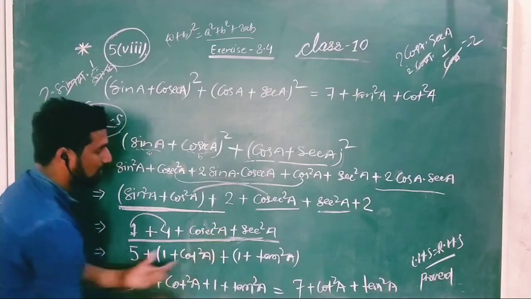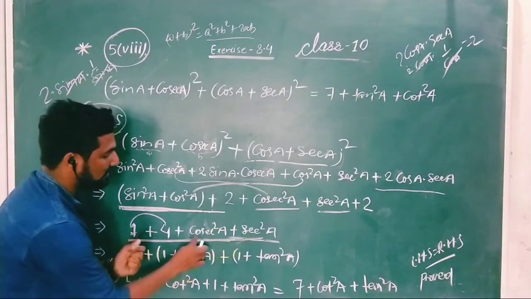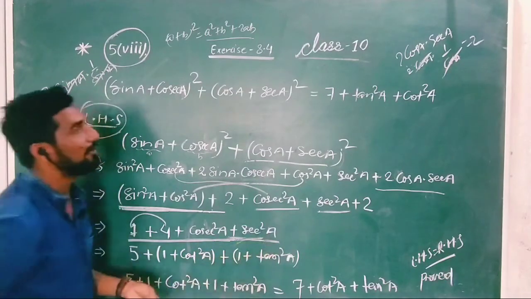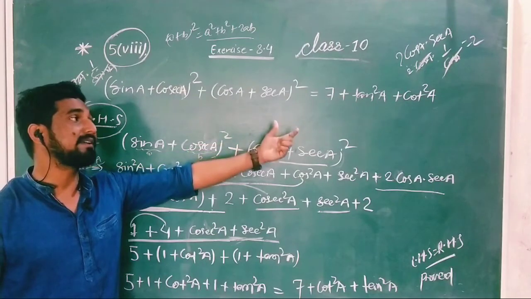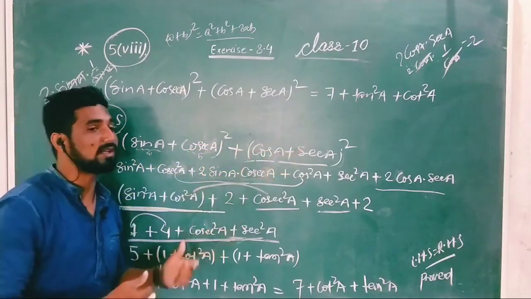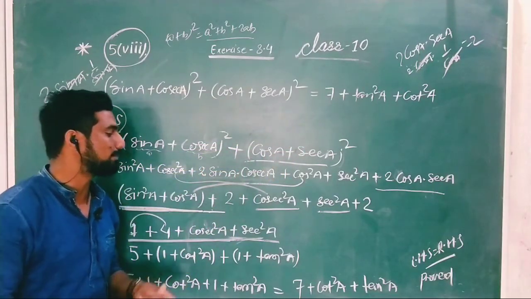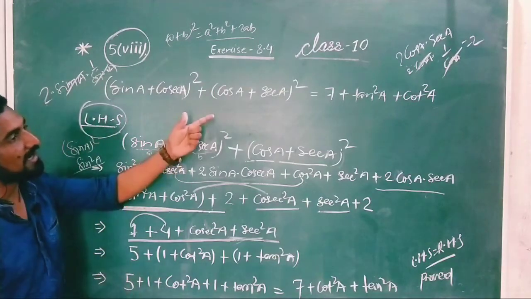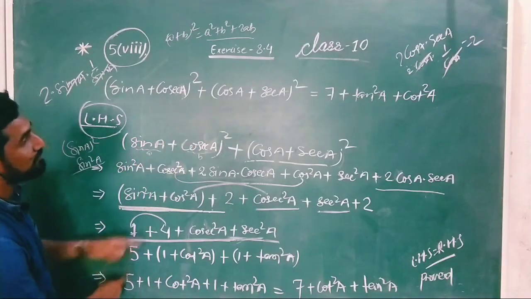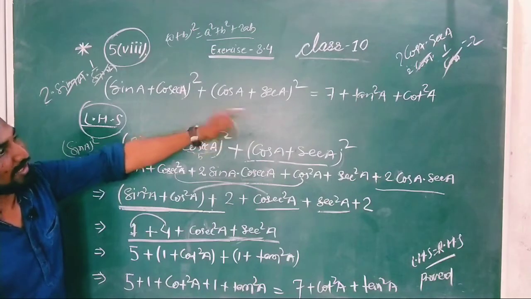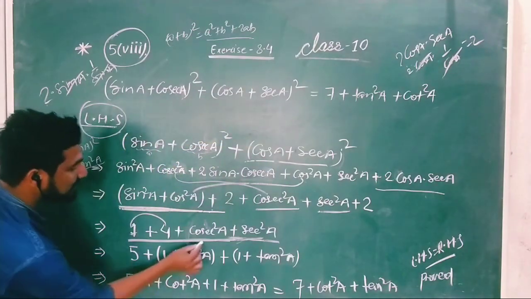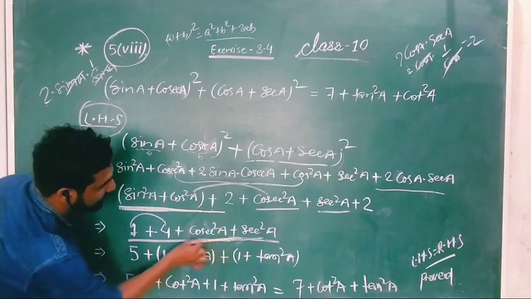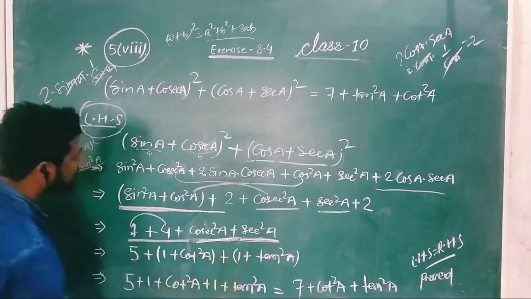Now you see 2 terms are left, cosec squared A and sec squared A, and we have to look towards the RHS also, because by keeping RHS in mind we move towards the proof, so we have to take care of that RHS. Now you see this 5 has come and there 7 is there, tan squared A is there, cot squared A is there, but we are moving here. Now you see that cosec squared A has come and the sec squared A has come. So what to do now?